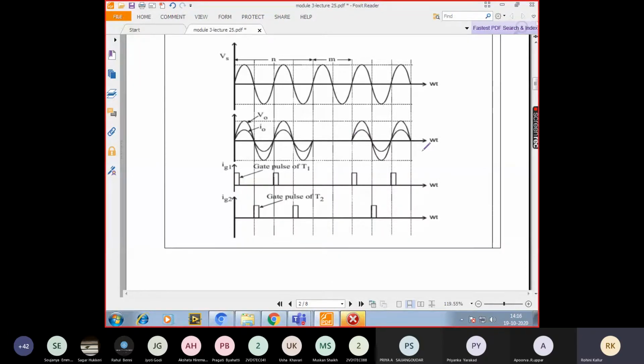So when the device does not conduct, the voltage developed across the load will be equal to 0. So I will have these two cycles appearing as they are in the input, whereas one cycle is completely off. For the next cycle, again it is there in the output waveform.